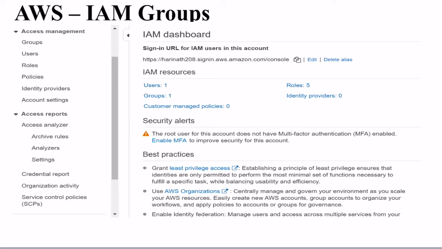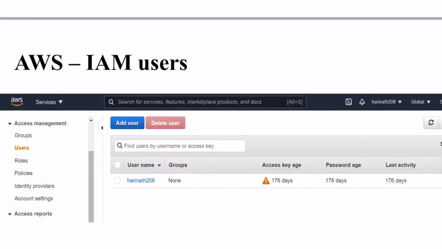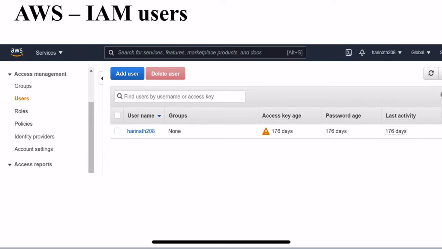So first we need the users to create the groups. I mean, users should be there for assign users for that specific group. So in next section we are going to know about how to create the users. So to create the users, from the left hand side, please select the user section. Then we will go to the user section. By clicking on add user, we can create the users.